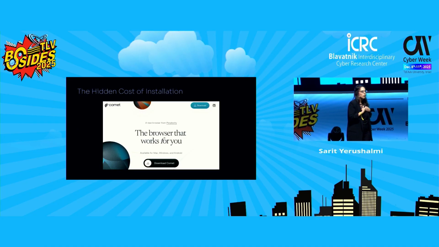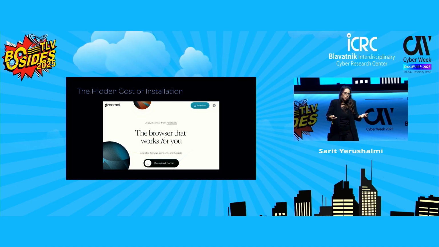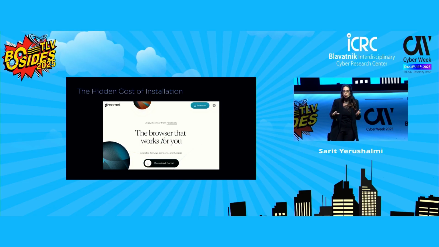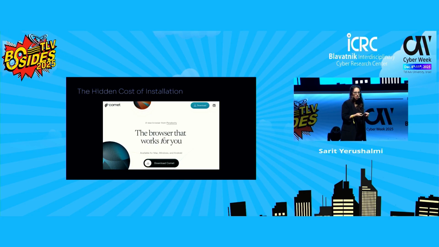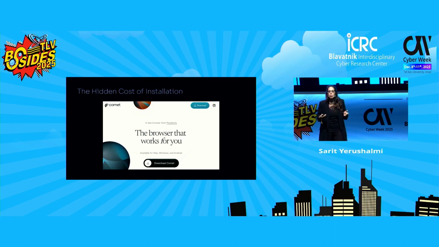And when I installed Comet, when it was released, the experience was very polished, like a clean interface, smooth animations, even a nice background sound, so it feels like it was designed this way, so you will click through everything without even thinking. And if you follow the setup the way most people do, like next, next, next, you might not even notice that what you are actually approving is giving it access.